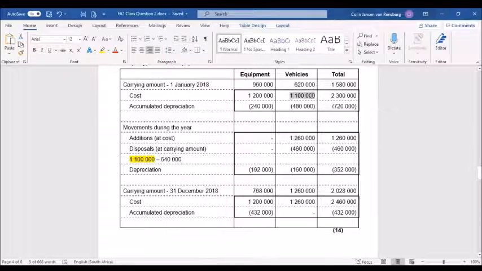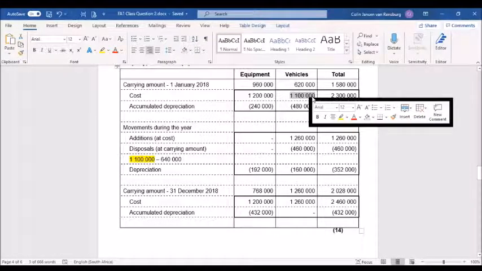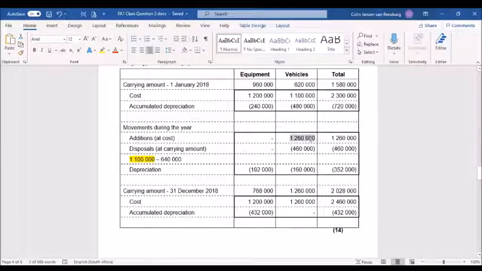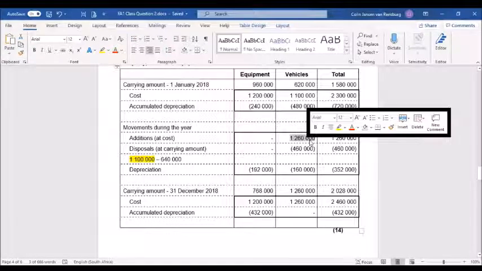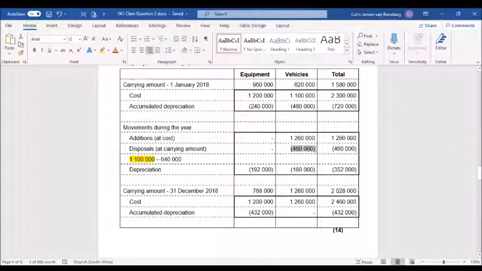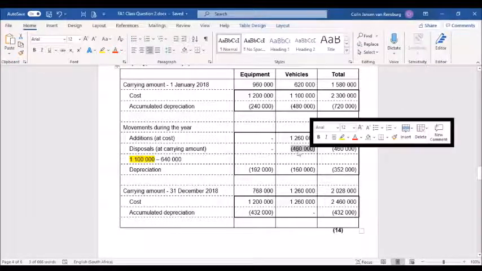So we must add the cost, opening balance of 1.1 million, plus the cost of the additions during the course of the year. But then we must also take into account that there were disposals during the course of the year. But that amount of 460,000 relates to the cost of the item that we have disposed of, but also